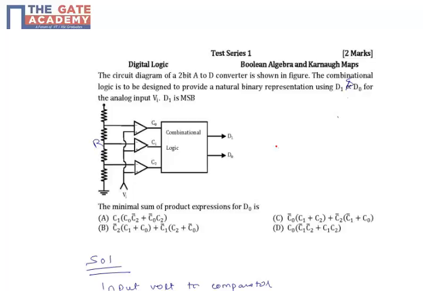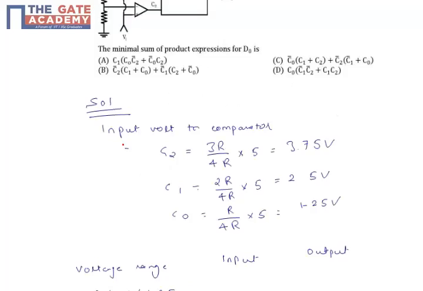Now to solve this question, first we are assuming the resistance value of each resistor is R, and the lowest voltage is 0 volt and the highest voltage at the input is 5 volt. Now we will see the input voltage to our comparators. Here C2 is the input voltage,